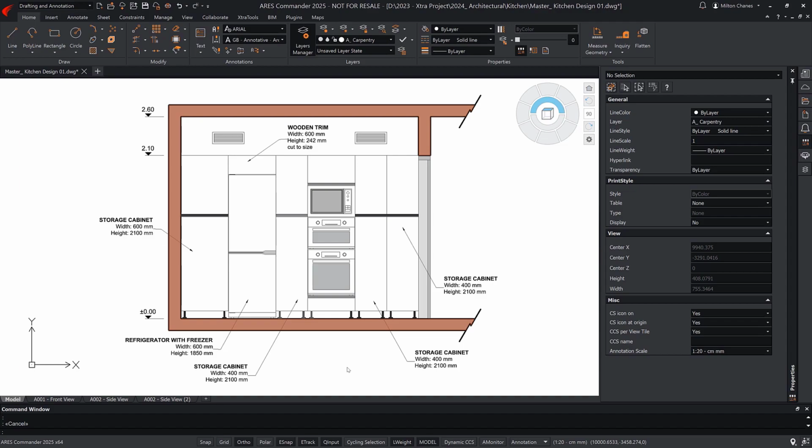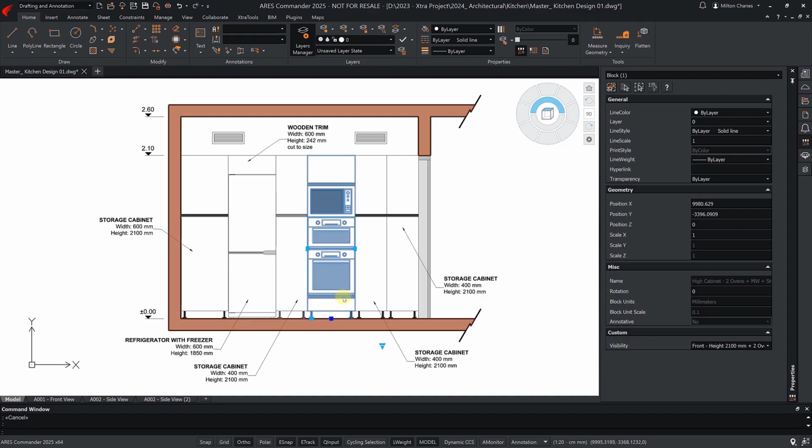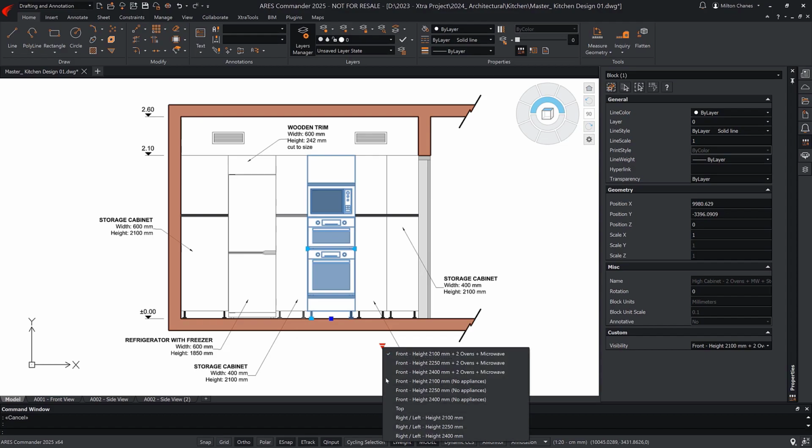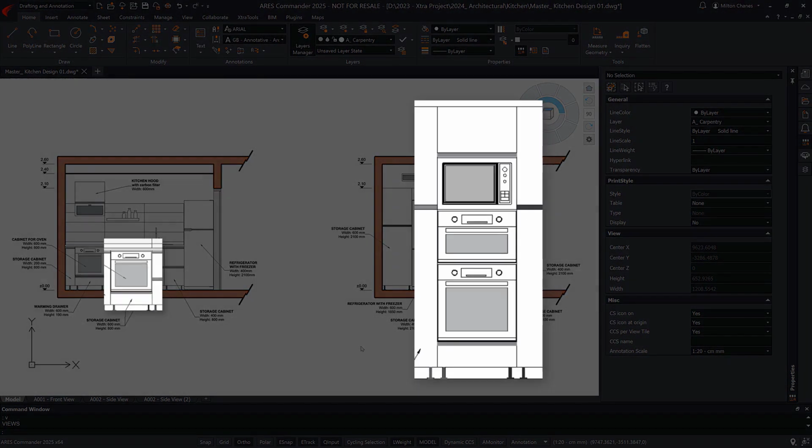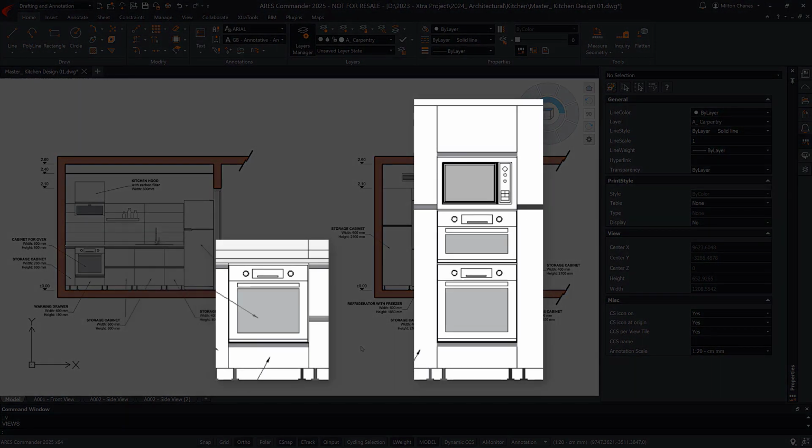Sometimes blocks are more complicated than they seem. This block, for example, is not only a dynamic block. It is also a block that contains multiple blocks nested inside. Nesting blocks inside other blocks adds complexity, but it can be very useful.